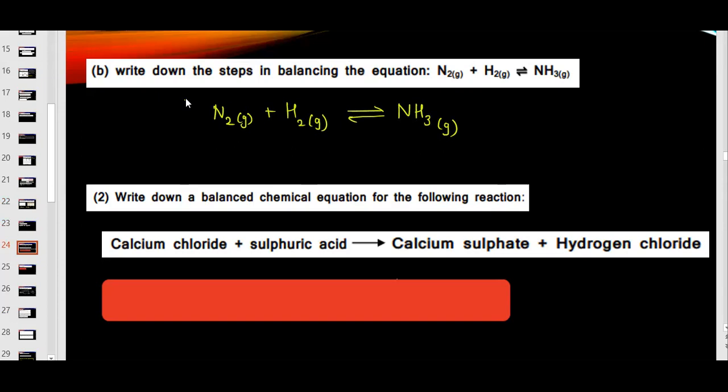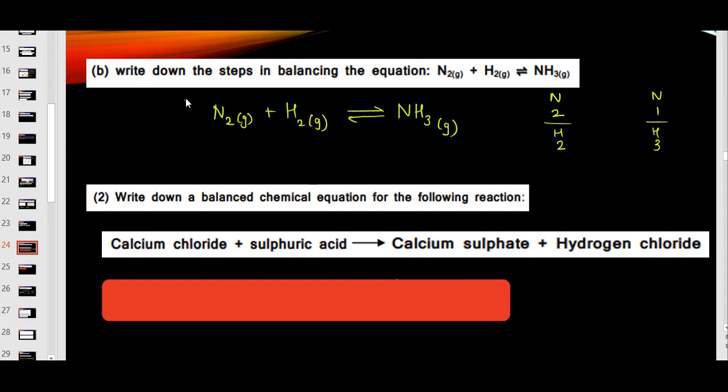Let us see here. This is nitrogen on the left side and nitrogen on the right side. That is reactant and product. If you see reactant, nitrogen is 2 here, but here it is 1. Then if you see hydrogen, here it is 2 and here it is 3. It is unbalanced. We have to balance it. Okay, so to balance it, what should I do?